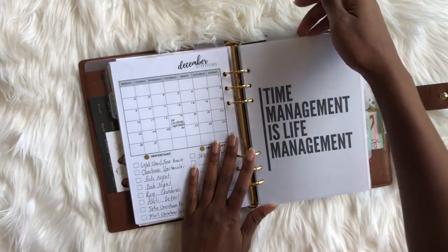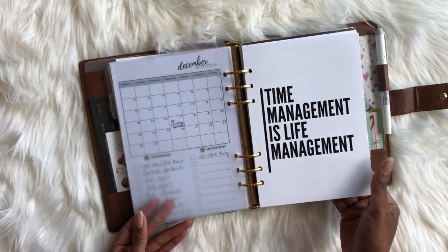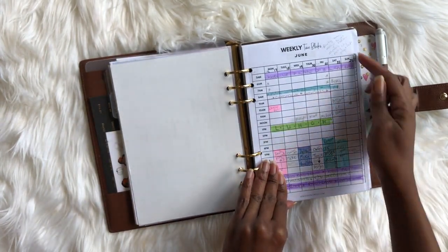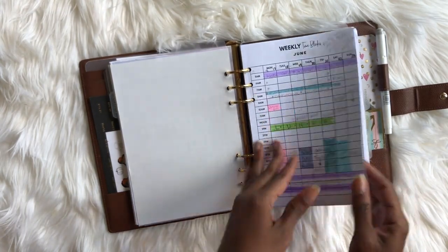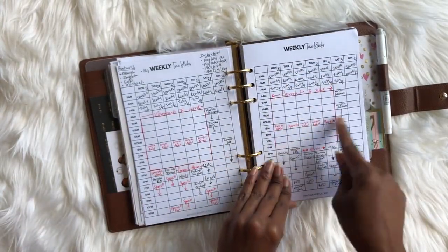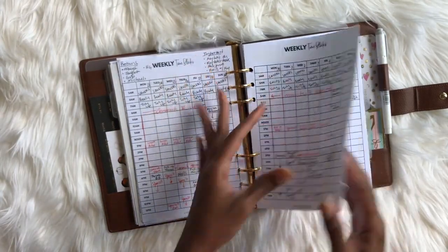So from that monthly overview, we get into my weekly time block, and this is a dashboard I made for myself on Canva, and this is my weekly block, and this is how I try to manage my time. So I go through, and I block out work and my commute to work, because those are actual times that I'm not available. And you'll see sometimes within work